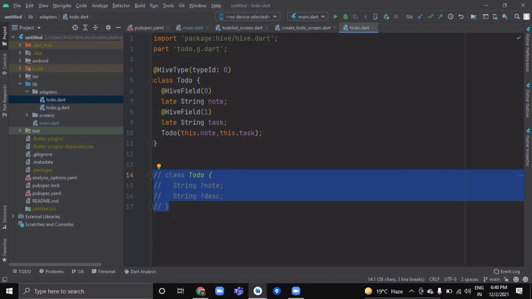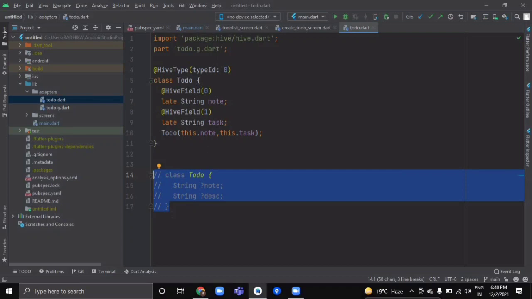Now before generating a type adapter we have to register it, and to register it we have to do two things. First, we need to have the instance of our adapter, and second, we should have a type ID.